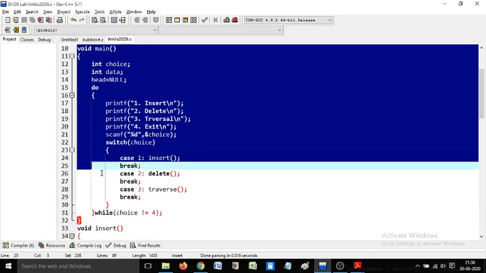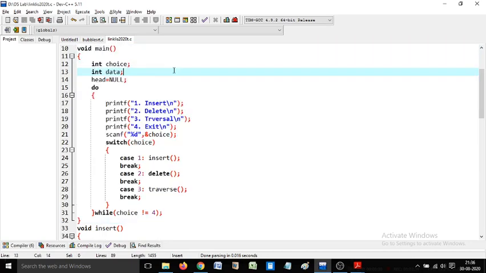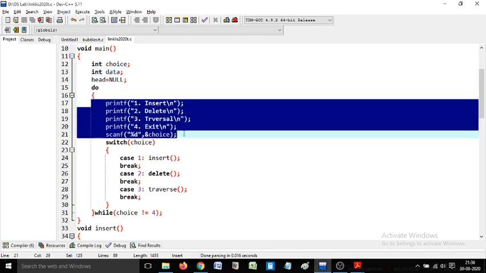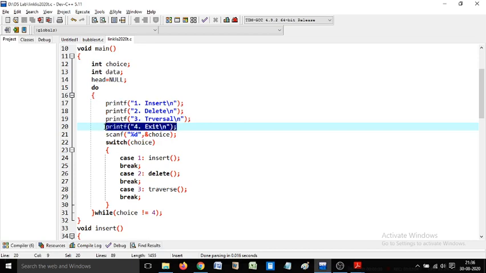The first part of the program contains the main function. In the main function, I am trying to implement a menu driven program. A linked list program is better implemented using a menu. Only then can you experience the different operations one by one. You can insert a number of nodes, delete a certain number of nodes, and also conduct a traversal. So you have to give the user the option to try multiple operations, and finally the user will decide to end the program.